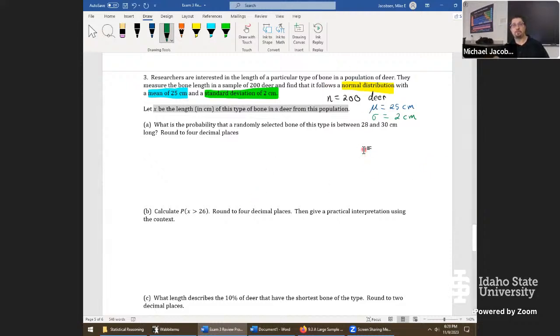Nice thing about normal distribution problems is there's usually not as much context, and they're directly giving up a lot of information. You have to have a mean, you have to have a sigma to start working with this. Any questions at all, folks, before we get started on this one? Yeah.